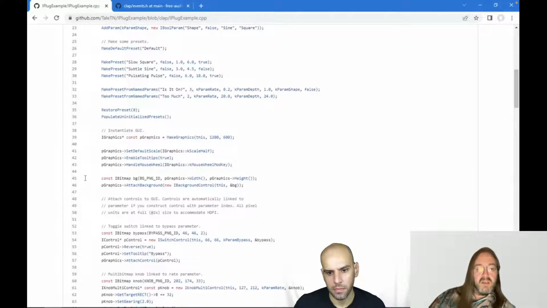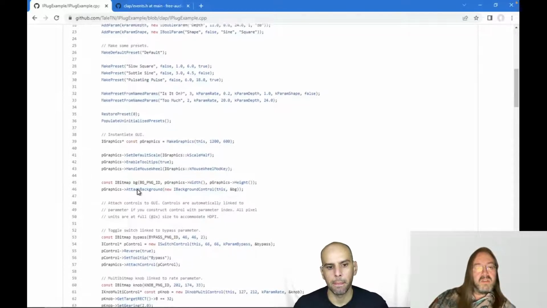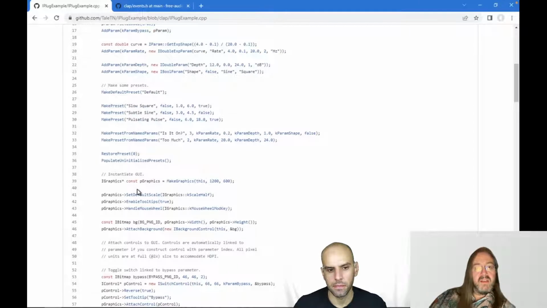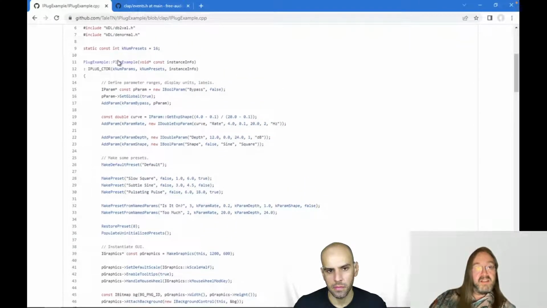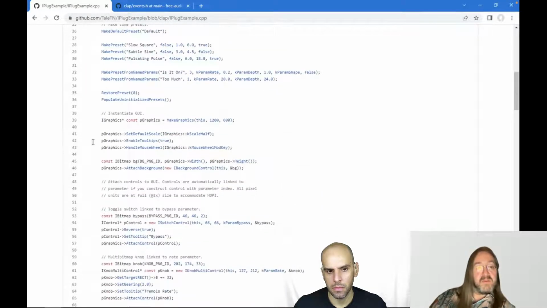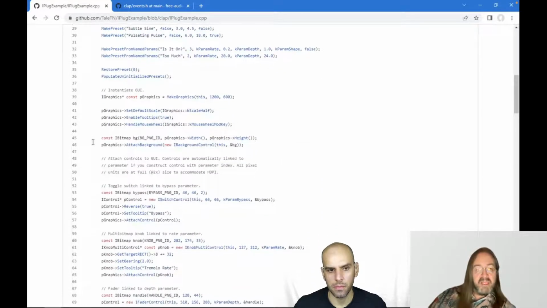Because the thing is, iPlug used to load images here, I think. But the problem is, this is the constructor. So even if you scan the plugin, this will get executed, and then it would load all the images, which is kind of slow. So right now I'm just defining images here, just saying how big they are and that they are there and where they should be used. But I'm not actually loading or plotting them or anything yet.